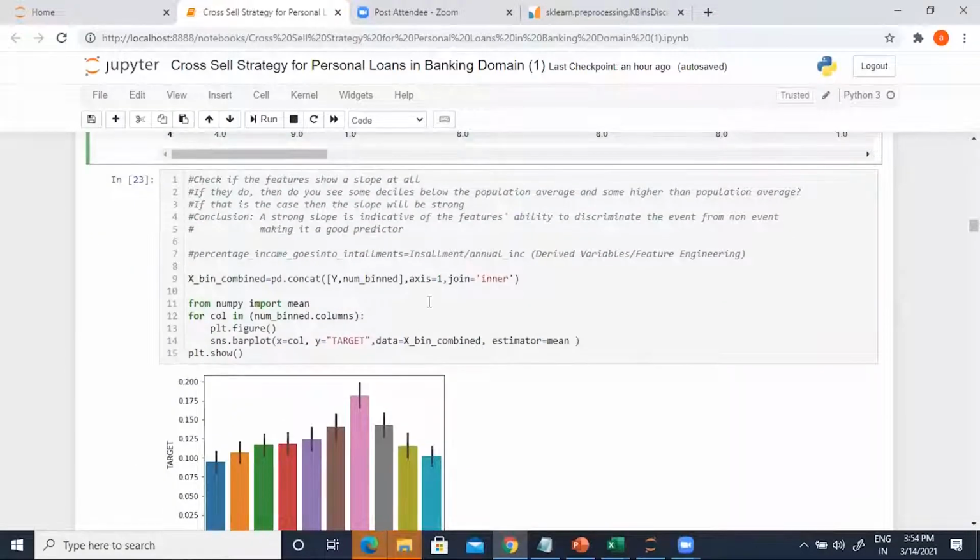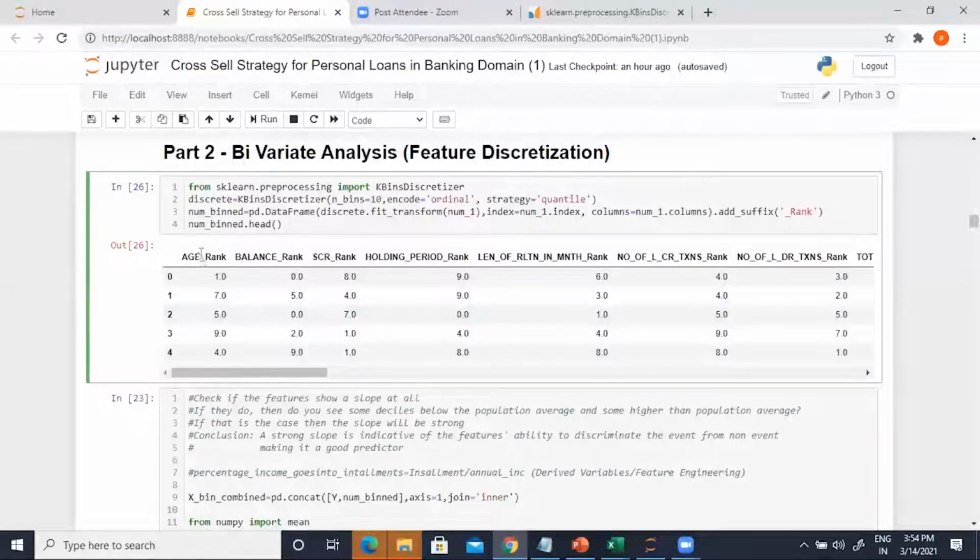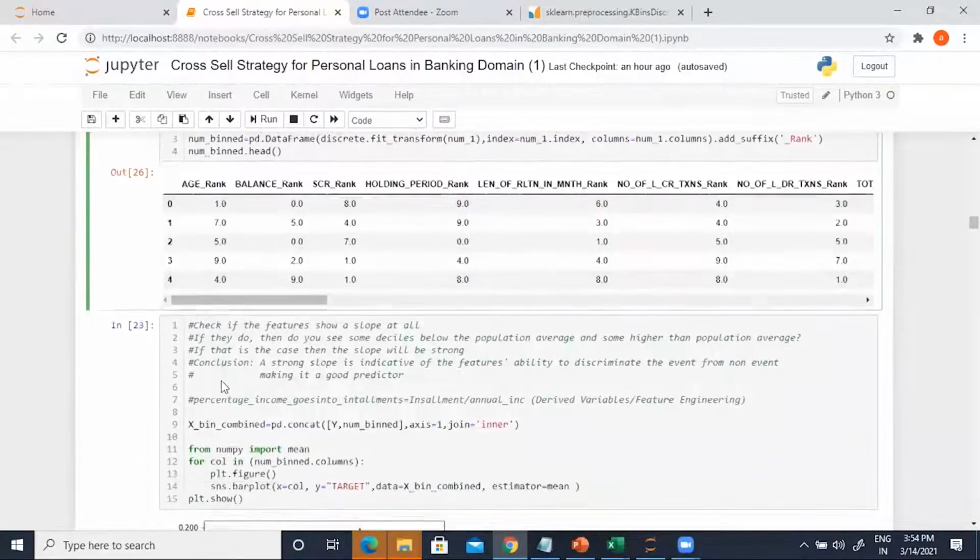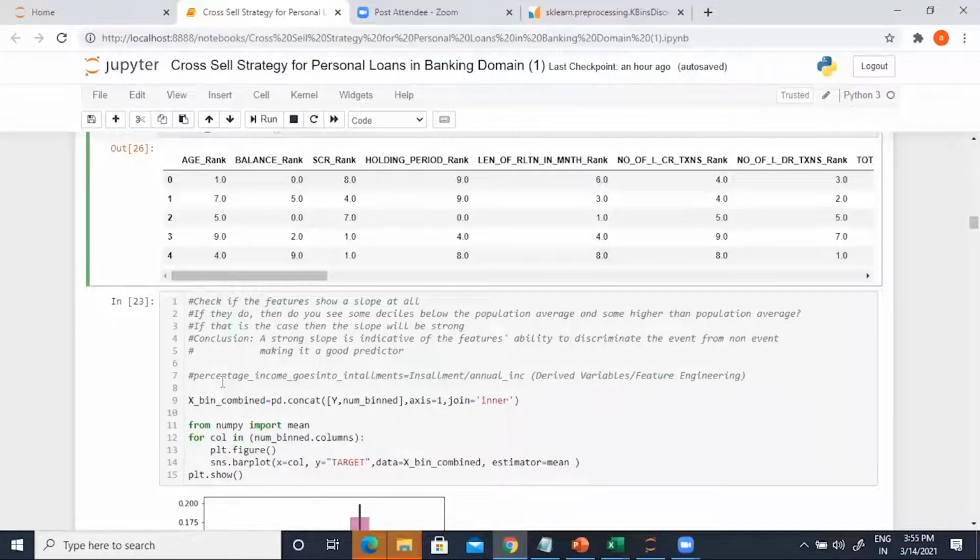Now, what I am going to do is take this particular feature, and across these groups in a cross tabulation manner using visualization, I want to see how my actual event rate varies across these groups. If you see age rank equal to 1, it will be composed of 2000 customers, because 20,000 is my total number of customers in the data. So every rank value will capture 2000 customers, isn't it?